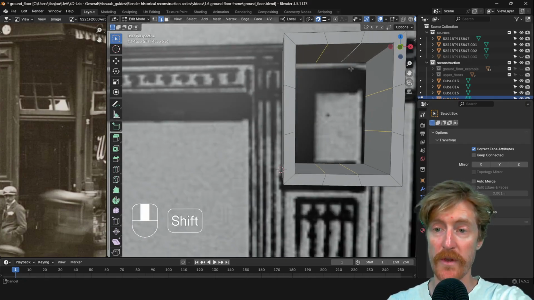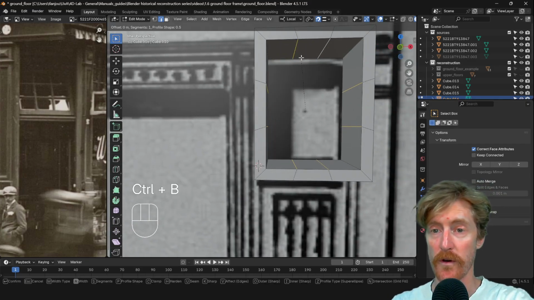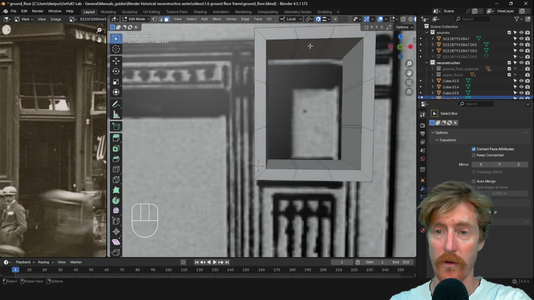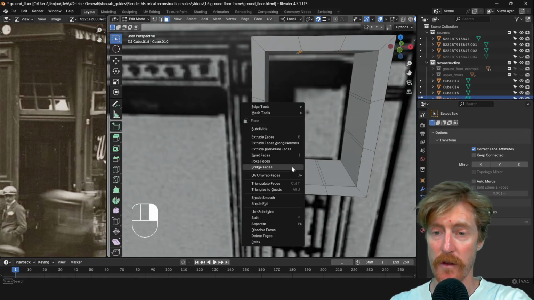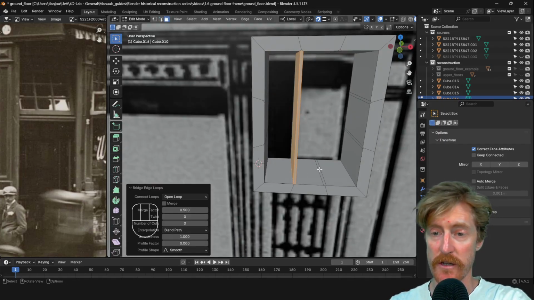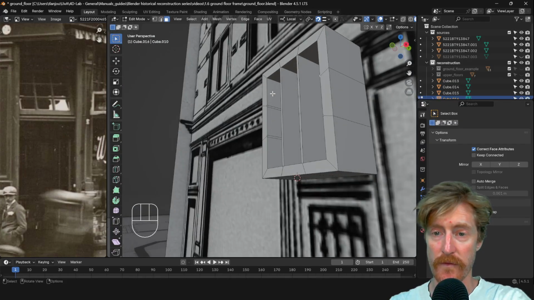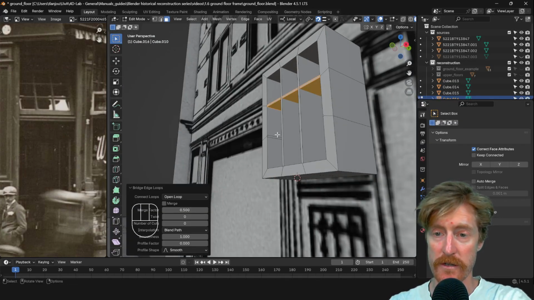And I do Control B, which is the shortcut for beveling. And then we'll go back to face select mode, bridge, bridge, bridge,